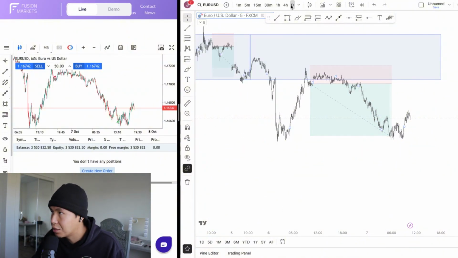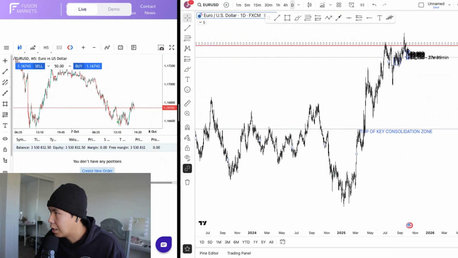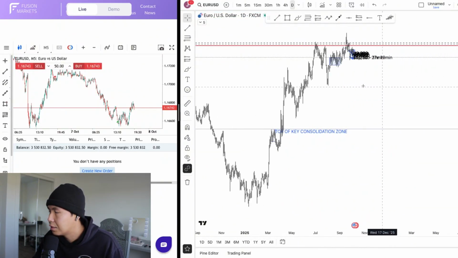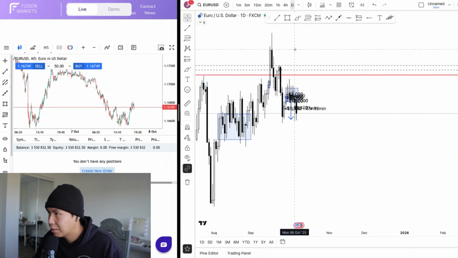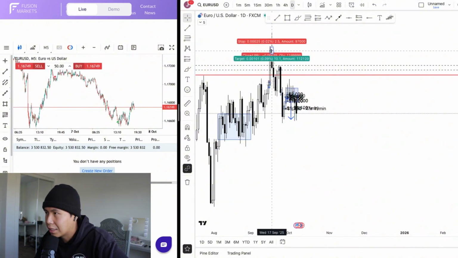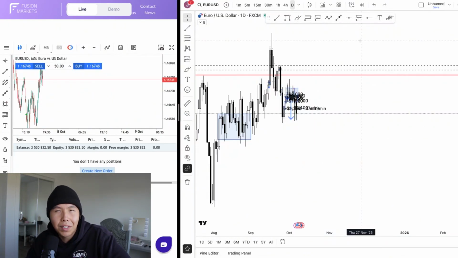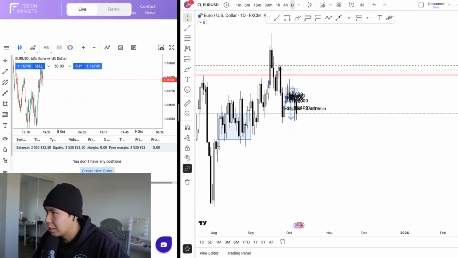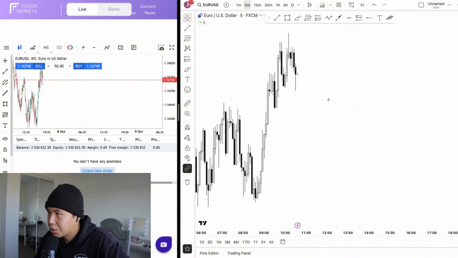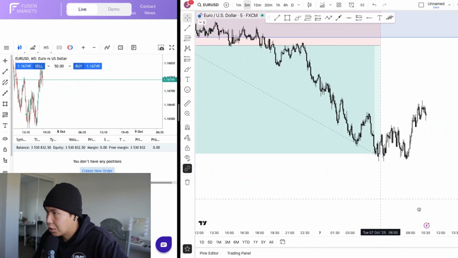Realistically, let's go on the daily chart. Let's say for whatever reason you timed the high of this little downtrend that we're aiming. Realistically, you could have put a sell in up here when we reached the all-time highs a couple weeks ago, and then you could have just left for the next month or two and not even looked at your broker. And then let's say you opened it right now, you would have been healthy in profit. That's the best part about trading. It's not so carefree if you're scalping on the 1 minute, but if you start to learn how to swing trade,